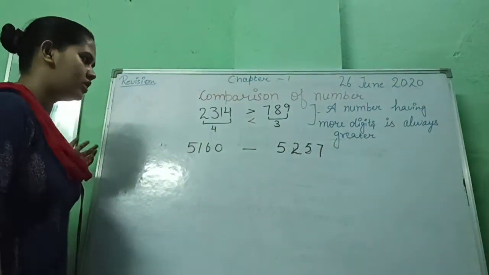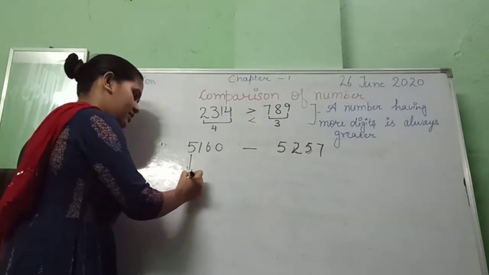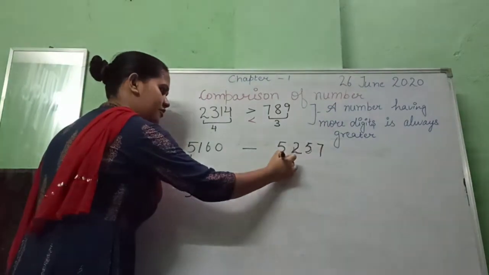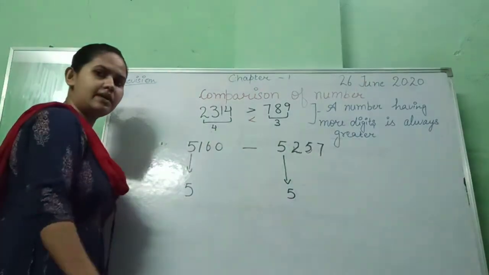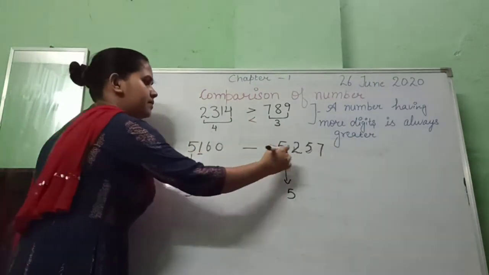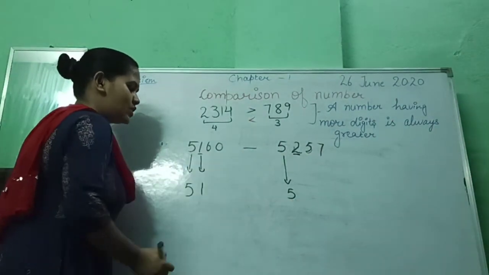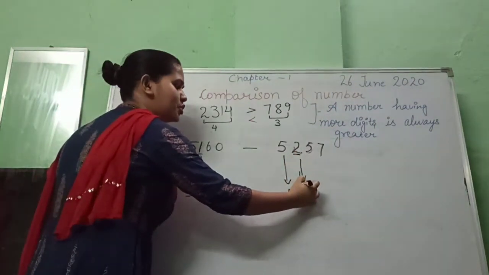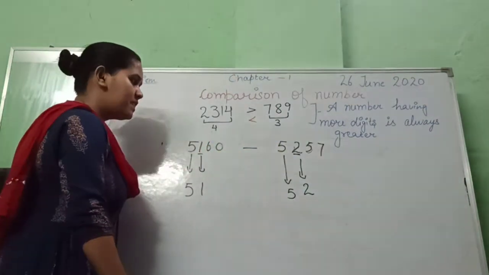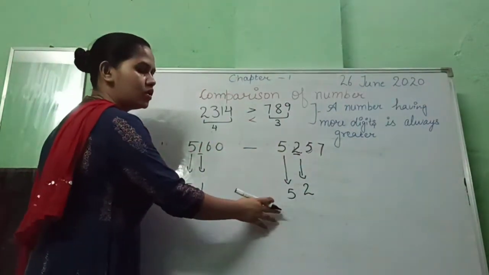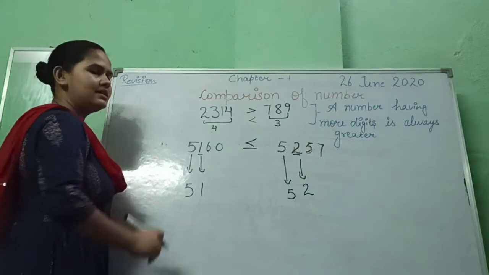So let's take a look. As I said, we have to start from the first digit, which means we start from the 1000. This one is 5 and this one is also 5. Okay, so these are the same. How can we compare them? So we go to the second digit. Now you can see this one is 1. Our hundreds digit is 1 and their hundreds digit is 2. So in this way we come to know which one is bigger by the second digit.